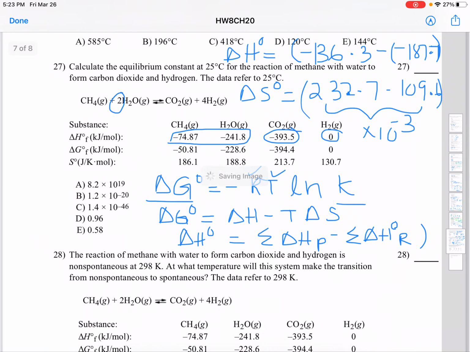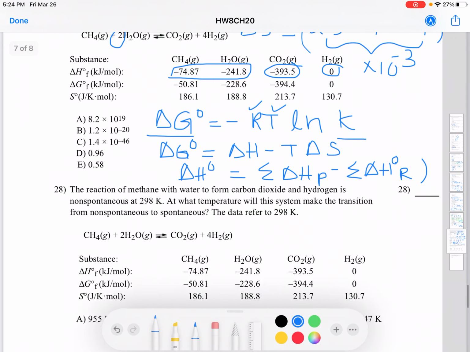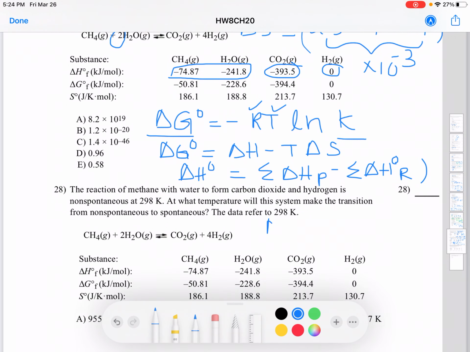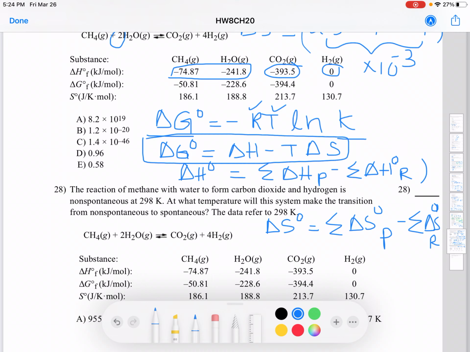Similarly, find delta S naught. Sum of all the delta S naught values for the products minus the sum of all the delta S naught values for the reactants. That will give you the delta S naught value. Once you get that, you can calculate the delta G naught. When you calculate the delta G naught, once you get that number,